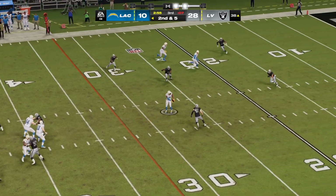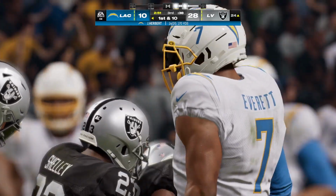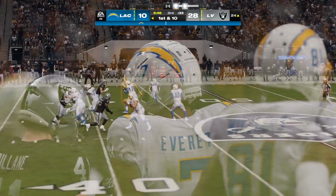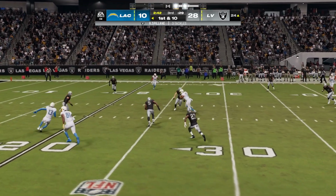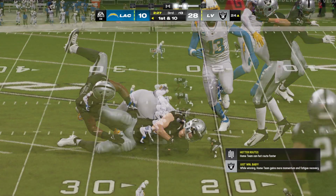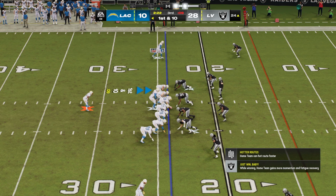Looking to throw. Herbert working the middle here. That's complete to Everett, the tight end. And he's going to have another first down as the tackle comes at the Raiders' 24-yard line. The Chargers passing game rolling a bit here. They've got another first. And that's a more than acceptable read right there because it's zone coverage, so timing is everything. This time he waits for his man to come open, puts it right on him, and they pick up